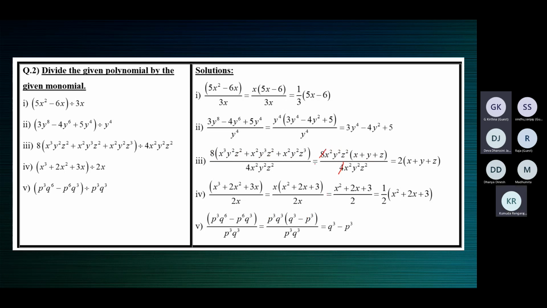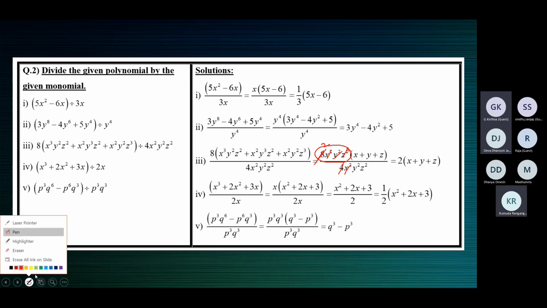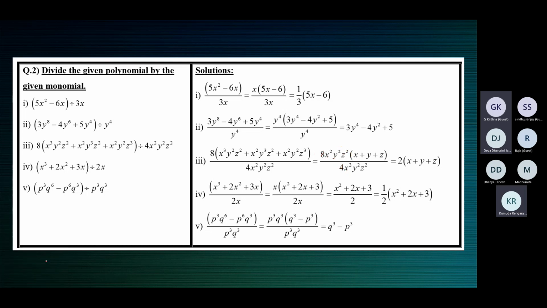Now, 4 ones are 4, 4 twos are x square. Now this is one term, and it's all multiplication: 8 into x square into y square into z square. Everybody is free. Only plus and minus, only when the sign between them is plus or minus, they are connected. You cannot disturb them. When it's multiplication, everybody is independent. In 8 x square y square z square, all of them are independent because it is 8 into x square into y square into z square. When the connection is a multiplication sign, you can take them separately.